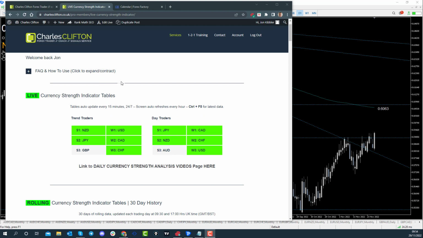Here we have the trading tables in front of us. We have the trend traders table and the day traders table. These are showing the same studies but just highlighting different time frames. You can see here some of the currencies are highlighted in green. That shows there is a confluence between those two trading time frames, and that's where we'll be focusing our attention